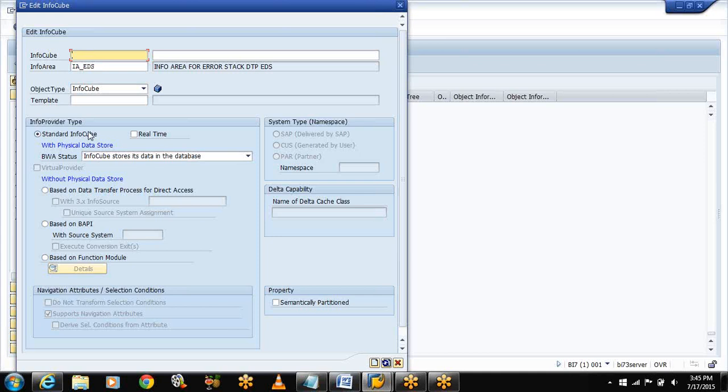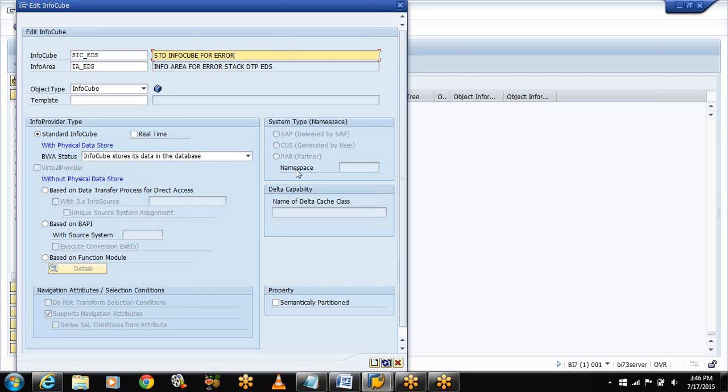One is a physical data store which will store the data in that particular info provider or data target, and another one is logical, that is virtual providers, multi providers like that. Now this will store the data, standard info cube. Now give the technical name SIC_EDS, standard info cube for error stack.